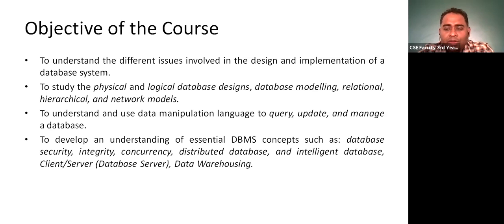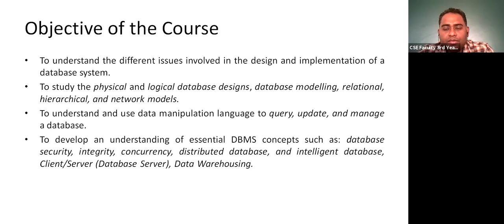Then what is a data model? And what are the different types of data models? Basically there are three types. Data model is all about the plan, or how you are going to design a particular database. Now this data model is of three types. One is your record based data model, another is your object based data model, and the third is your semi structured data model.